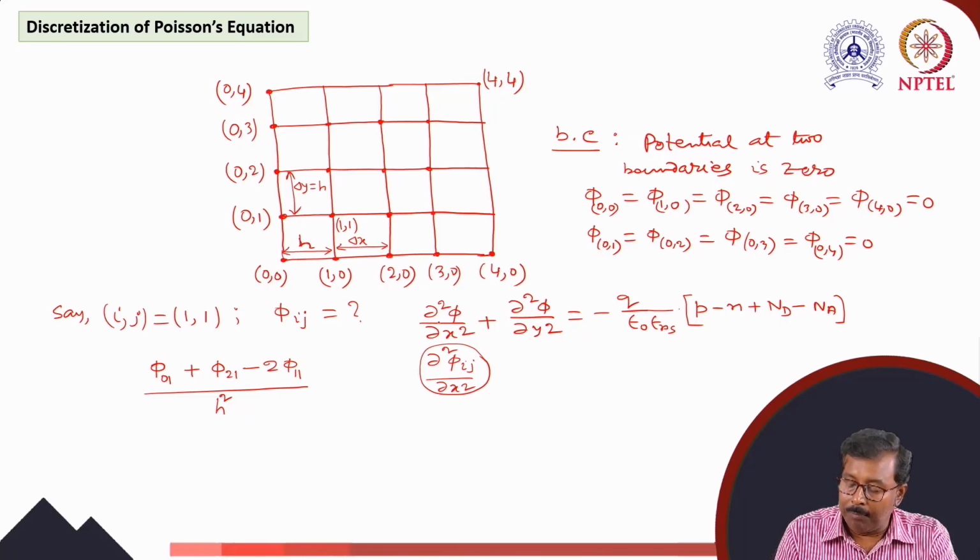So this is del square phi by del x square for this node phi 1 1, plus this side